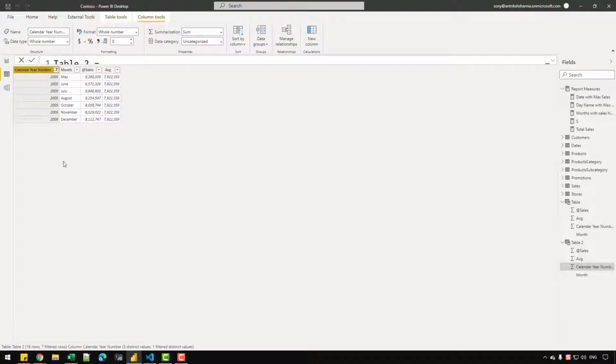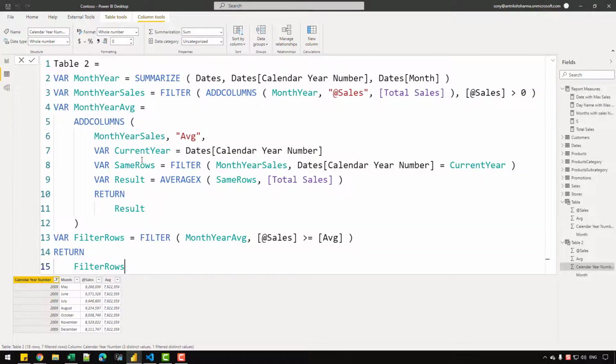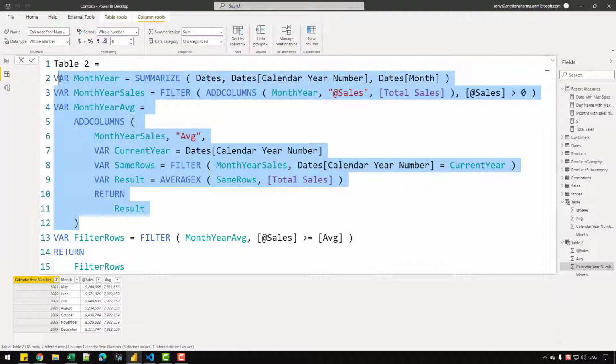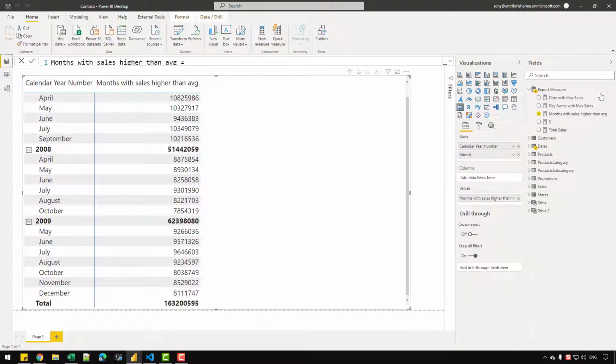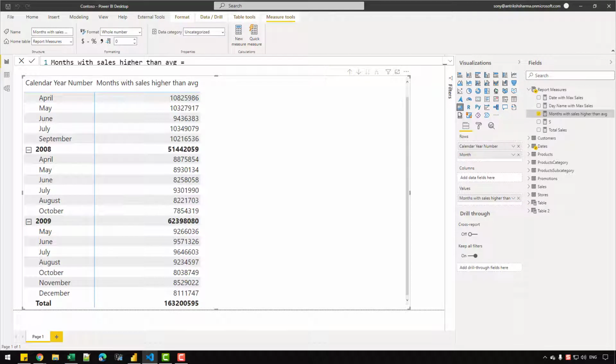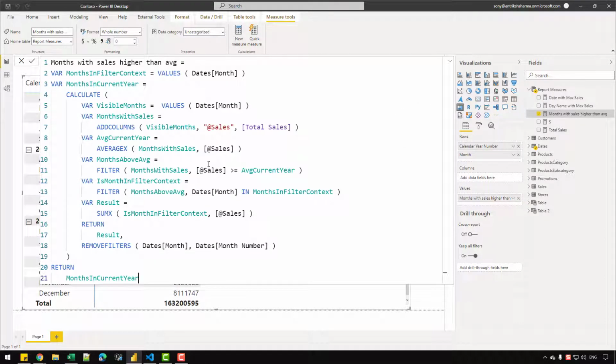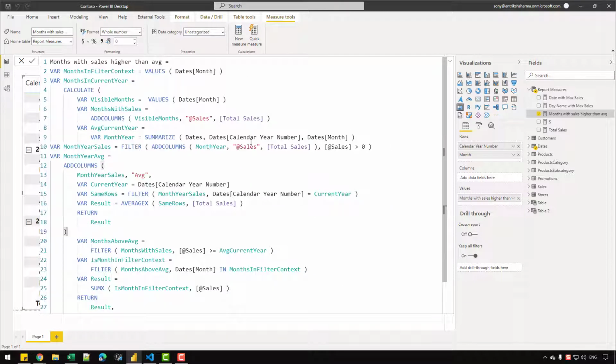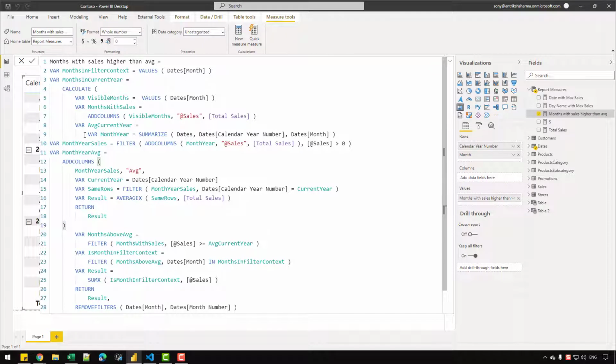And based on that, now I can simply sum the sales amount column in my measure. So what I can do is simply copy this code and go to the measure that we have already created, and let's see where we can actually replace the code. So we need to work with the average current year variable, and instead of average x I can simply paste in the code, and let's zoom out a little bit. So at the moment what we can do is simply copy this code and place it instead of the values function. So we can remove this line.